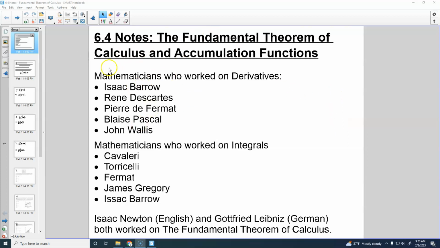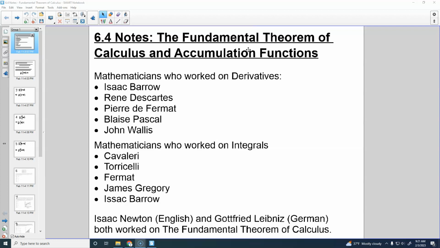So, we have looked at the idea of tangent lines extensively, right? We have done a lot of stuff with derivatives, which is the slope of the tangent line. So we've looked at those extensively. We have also begun work on the area under the curve, right? We've looked at Riemann sums and different things. So mathematicians were already working on that stuff